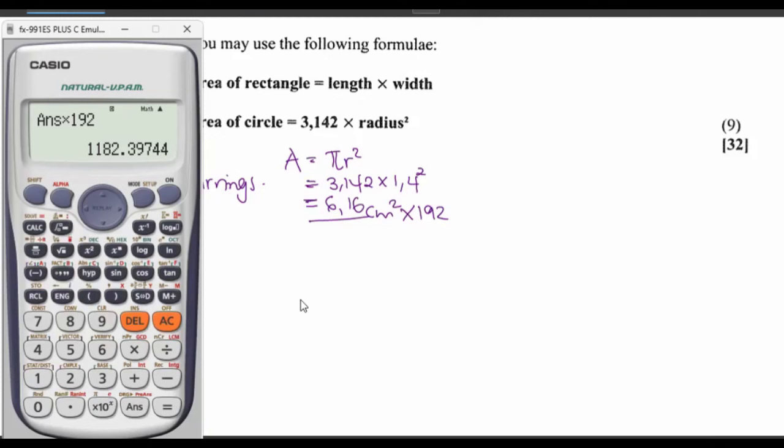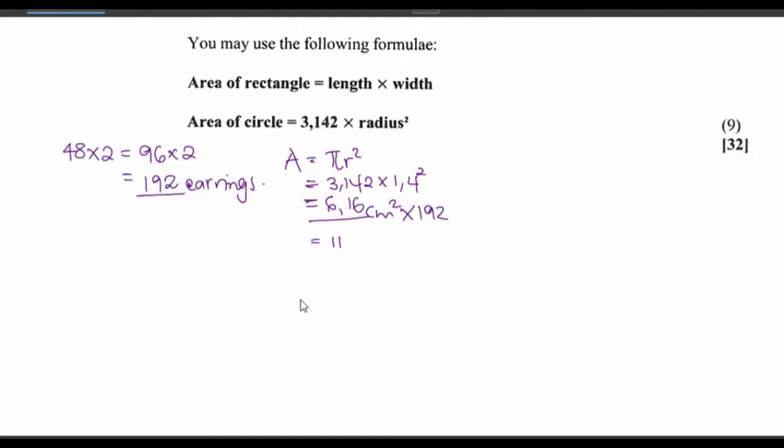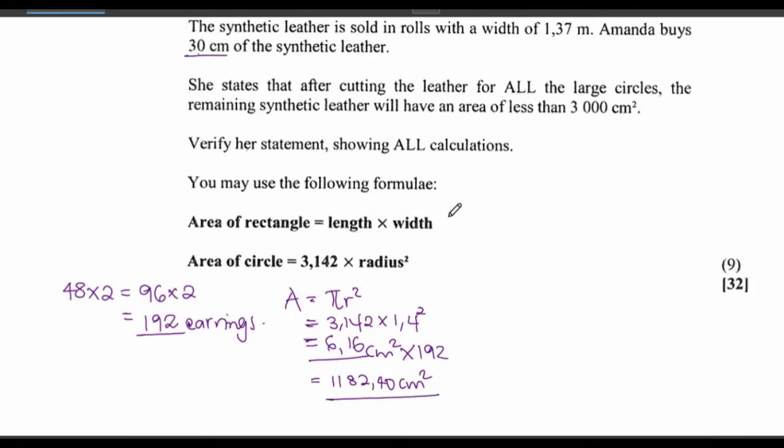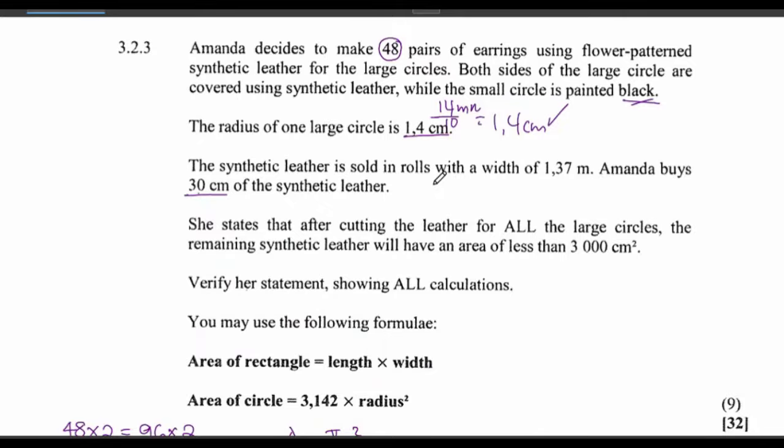1,182.40 centimeters squared. So this is the area that we're going to use. Keep it aside. Then we come here and ask ourselves, what will be the area of the synthetic leather that